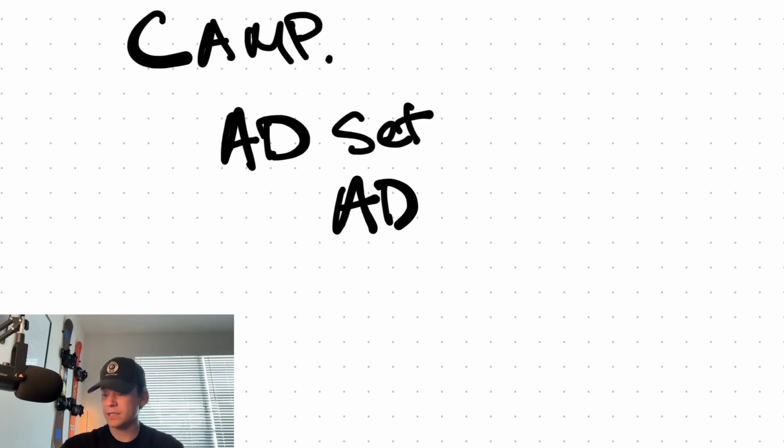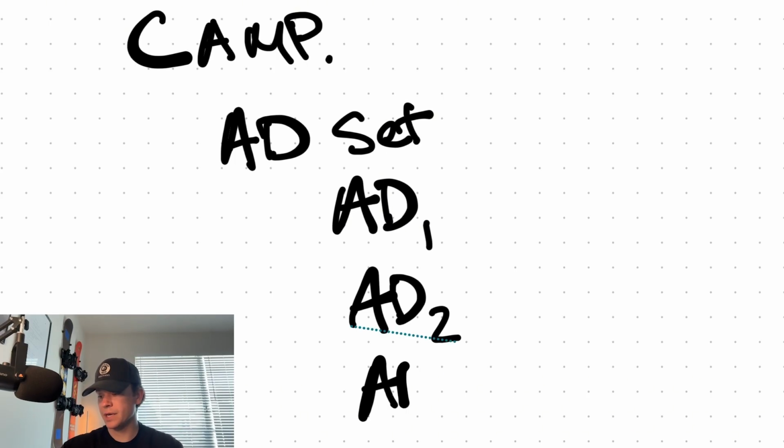Last thing I'll touch on when it comes to fixing, because people always have a question about this, is let's say we're running Facebook ads. That's just going to be the example we'll use. You'll have your campaign, you'll have your ad set, and then you'll have all of your ads. Ad 1, ad 2, ad 3. Again, there's another video on our channel about campaign best practices. You can go check that out, learn a little bit more. Or campaign structure best practices. But again, you'll have your campaign, your ad set, and your ads.